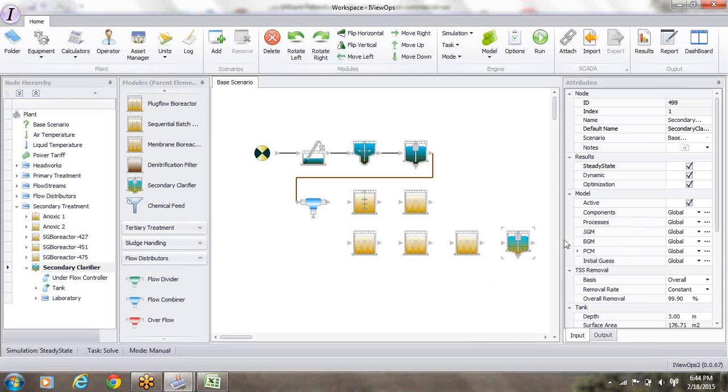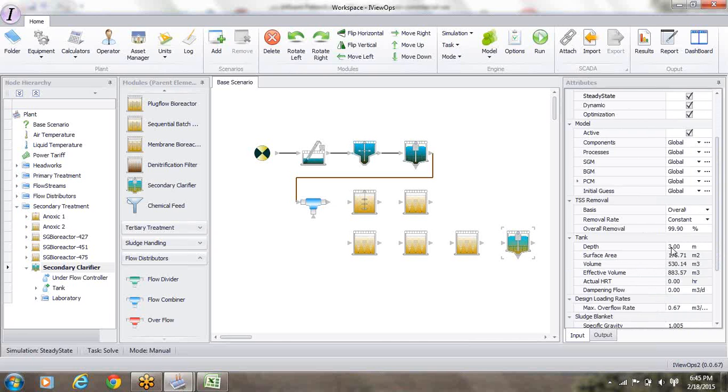As I mentioned, you can have a biological model in a secondary clarifier, which will be in the sludge blanket. You can also separate out the clarifier stilling well and separate out the clarifier clear liquid, which we have done at the KNSG plant, which if you look through the intro video, the plant intro video, you would have seen. Okay, now TSS removal. You can have variable rate, where the rate varies at different times of the day based on the flow rate, or you can have a constant rate. I'll just select a constant rate for now. Let's say this clarifier is 5 meters deep,